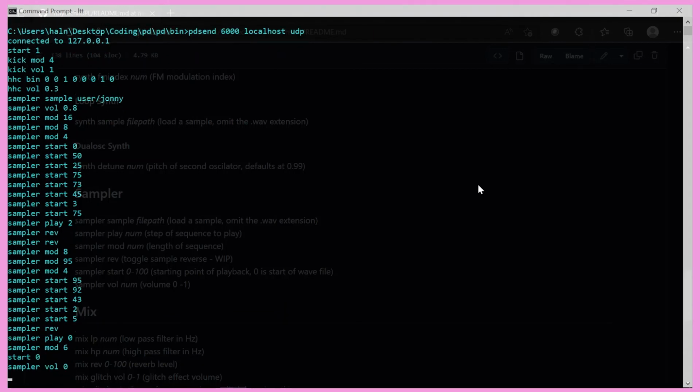That's the sampler. So I think with a drum machine, a bass synth, there's 3 types of synthesis for the synthesizer, and now a sampler. That's a pretty good sort of palette to start making some minimal techno with, and this system allows you to do that on the fly for live performance. I'll make one more video on the functions of this, and then I'll figure out what the next